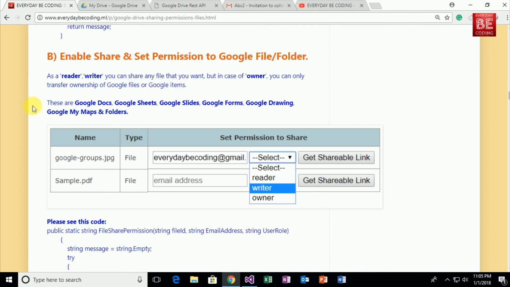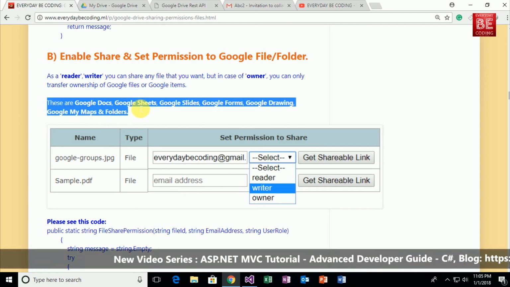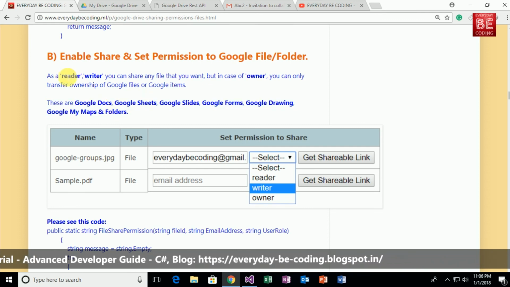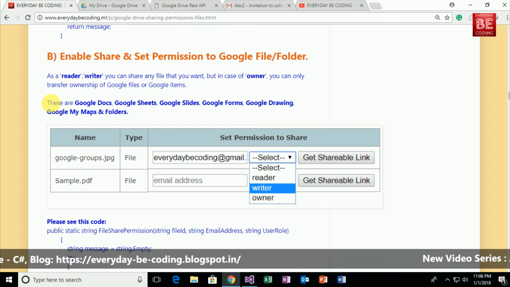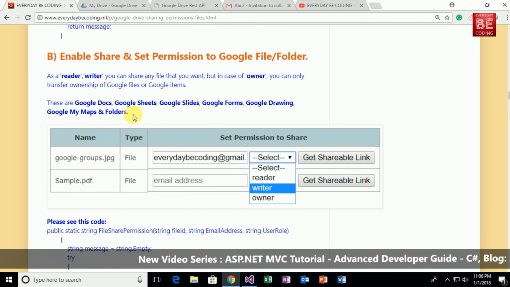These are Google Docs, Google Sheets, Google Slides, Google Forms, Google Drawings, Google My Maps and folders. Only those contents can be shared with owner permission, and the rest of the items in Google Drive you can share as a reader and writer. This is a specific limitation provided by Google for the Google Drive API. Okay,